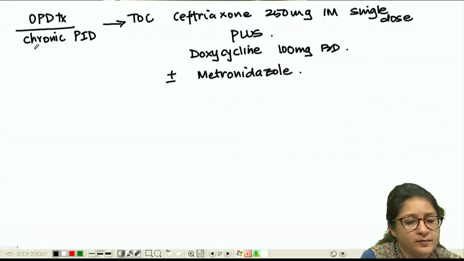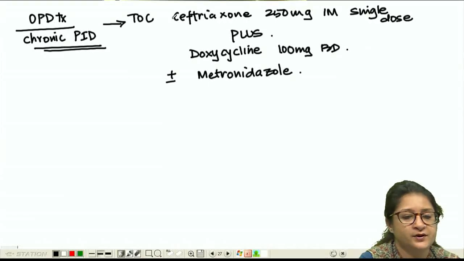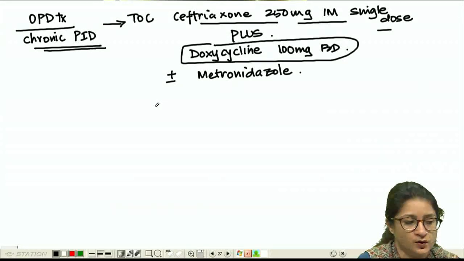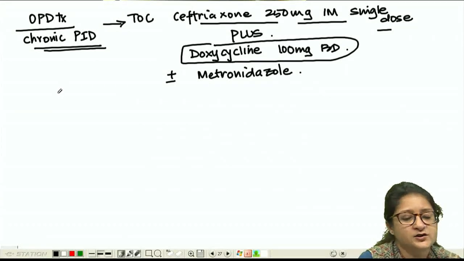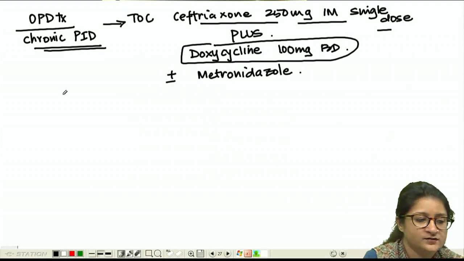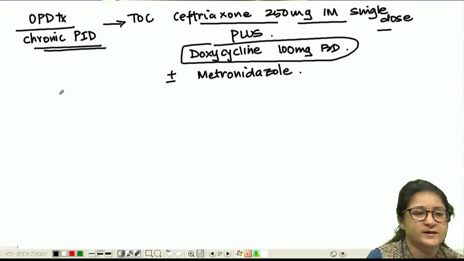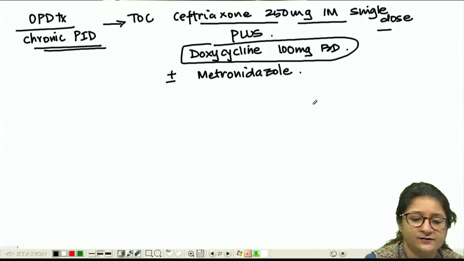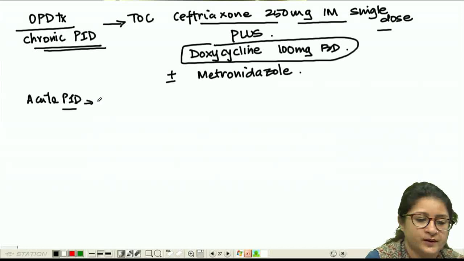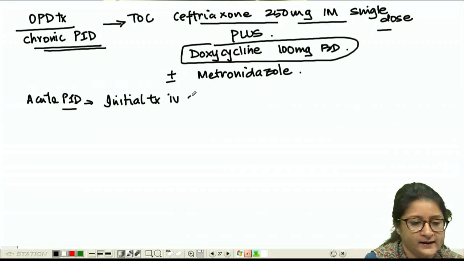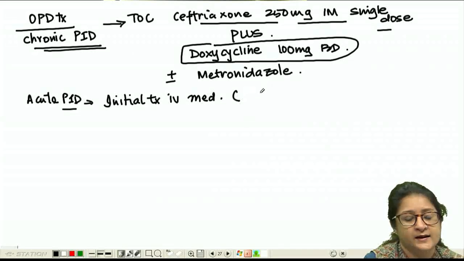Right. So when we talk about chronic PID, we have to treat with ceftriaxone single dose and doxycycline plus or minus metronidazole. When we give inpatient treatment for acute PID, we can give the same antibiotics, but we might give broad spectrum antibiotics, and the initial treatment has to be IV drugs. So with acute PID, the initial treatment has to be